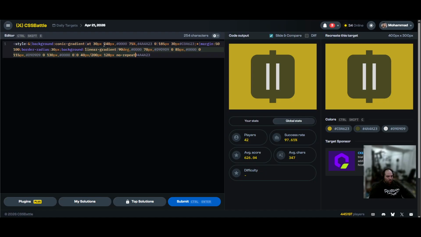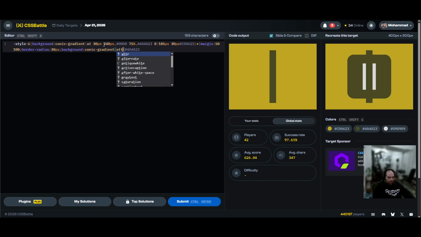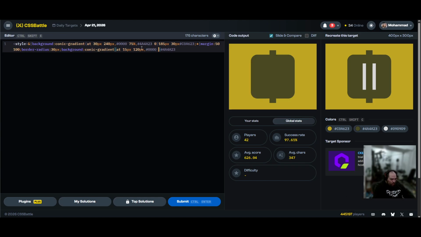So we'll go conic gradient at 15px, 120px, and then transparent 75% with this 0, right? And this one I can take it and